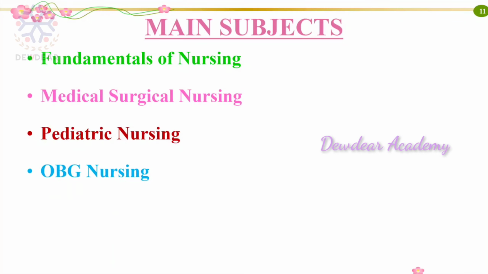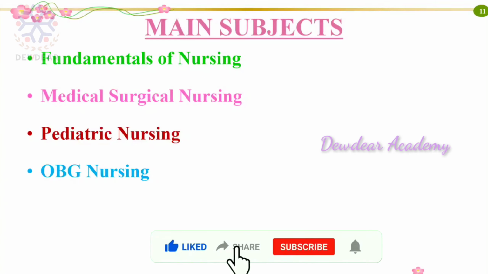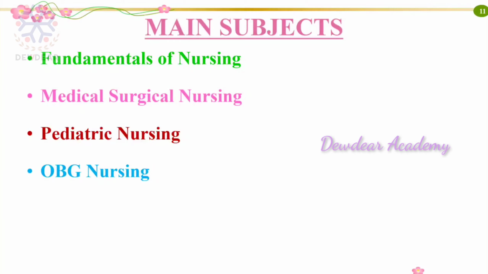Then comes obstetrics and gynecological nursing. Here also 10 to 15 questions can be expected. That is the anatomy and physiology, including the fetal skull, pelvis, placenta, all these are important areas. Then physiological changes in pregnancy, then normal pregnancy, normal labor and puerperium, and also the abnormal conditions in each section and the emergencies. Then the drugs in obstetrics and gynecology, and the important terminologies and topics in gynecological nursing are also important.